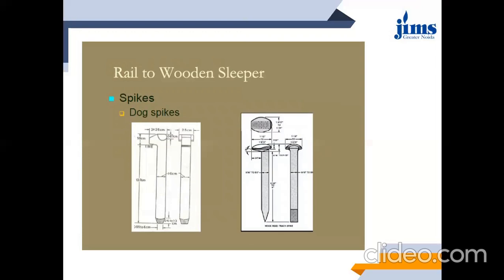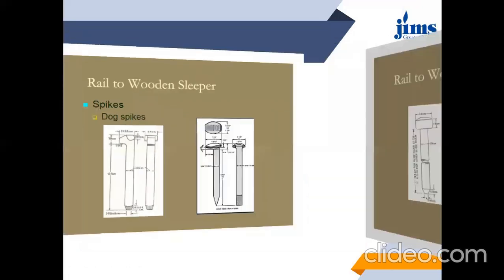Okay. Next is rail to wooden sleeper. Now, if you want to fix the rails to the wooden sleeper, then you don't have to put in that much effort. All you have to do is drive these dog spikes in such a manner that the face, or you can say the nose, of the dog spike is in the direction where the foot of the rail is. So what will this do? The moment you drive this dog spike by hammering or by any other action completely into the wooden sleeper, the nose or head of the dog spike will create a clamping action on the foot of the rail.